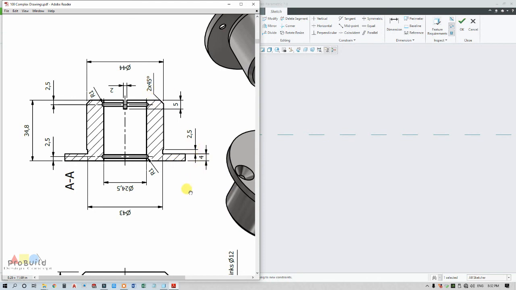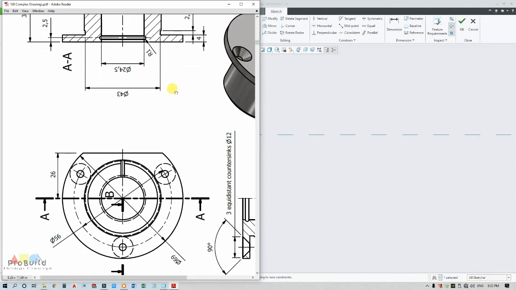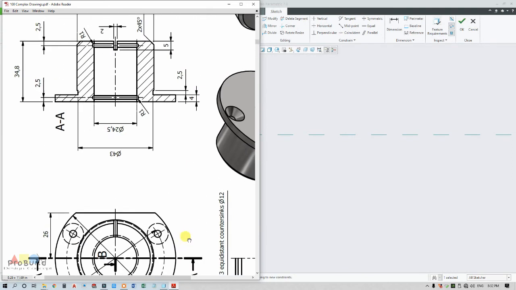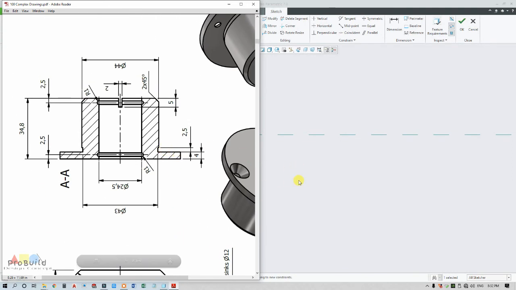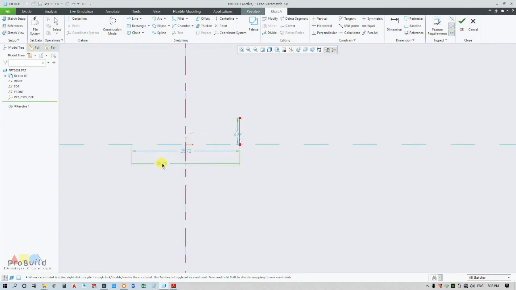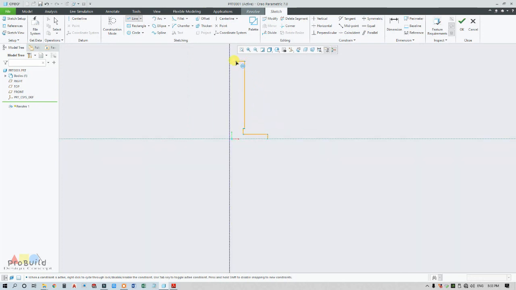Actually this is 4 and its major diameter is 69. After fixing this I shall draw the remaining in a freehand sketch so that it goes up accordingly. This is 4, yes, this is 4. Now I need to draw with a freehand sketch. I'm going here right away and a small step upside down. So connect this.